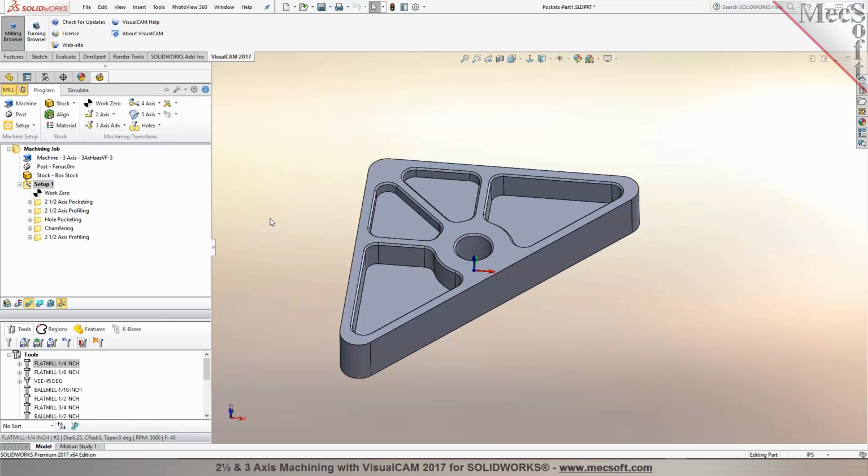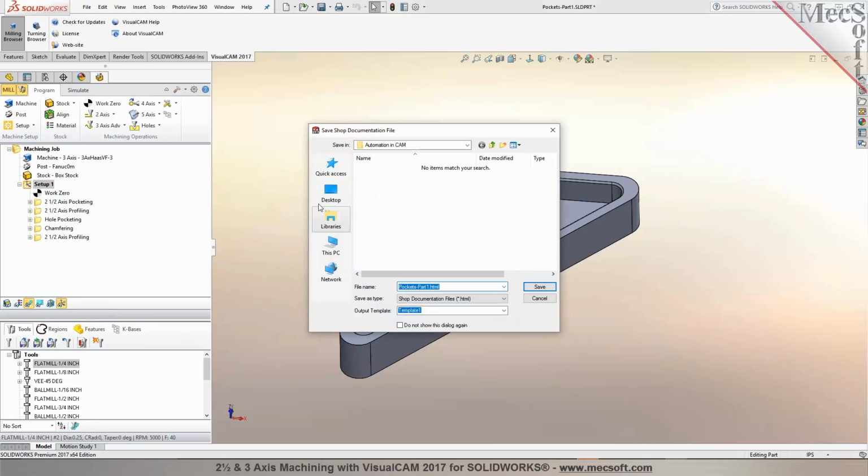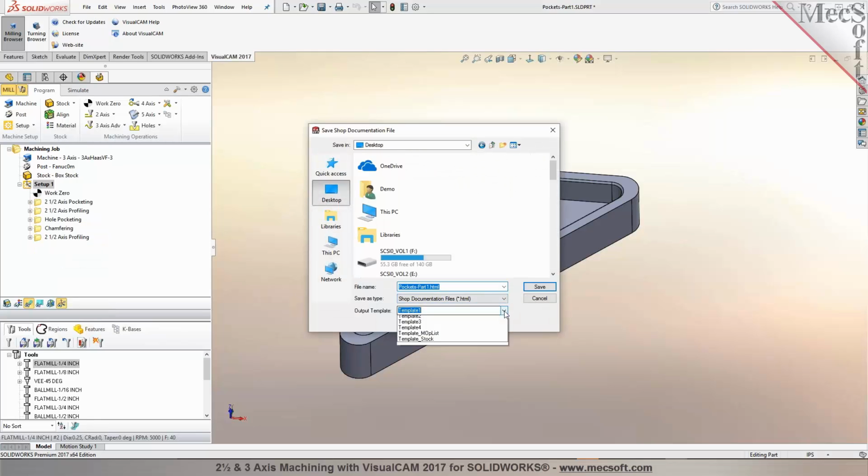Sure. I'm going to definitely answer that question for you here. So we have a very nice feature called shop documentation. So that's why the setup in here, right click on it and then choose shop documentation. When you select shop documentation, you can choose where you want this file to be saved, and I'm going